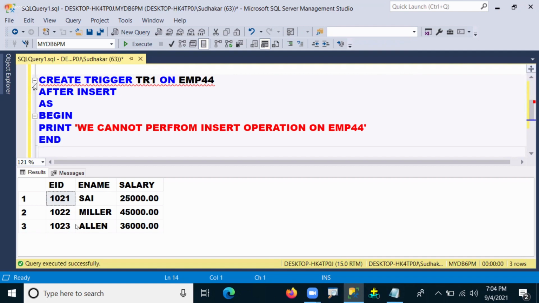As usual, your command is working and inserting the data. But where is my restriction? Restriction did not happen. So your trigger body is executed. In the body, whatever user-friendly message you wrote is also displayed, but the operation is not restricted here. Then how to restrict operations means